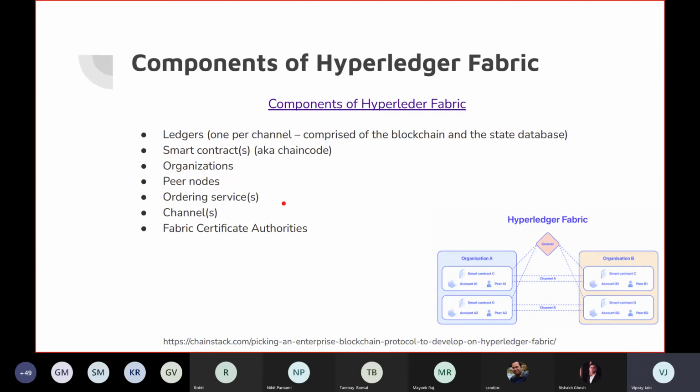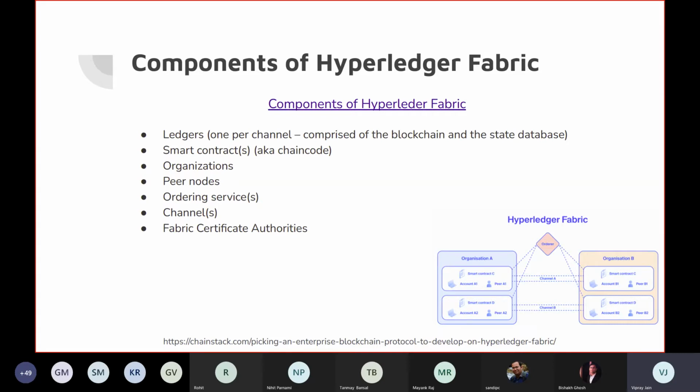The next is the ordering service. There are a few nodes which are used to order the transactions that are flowing in Hyperledger Fabric. Like we have seen in the Bitcoin case, there can be a case of a fork. There may be two blocks which are generated simultaneously. So in this Fabric, the ordering service makes sure that no fork takes place during the generation of the blocks.